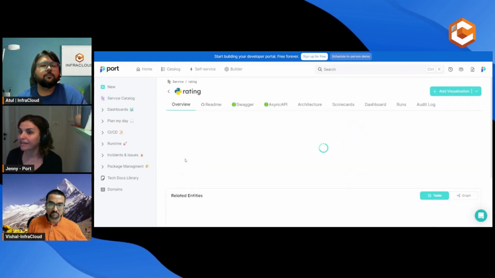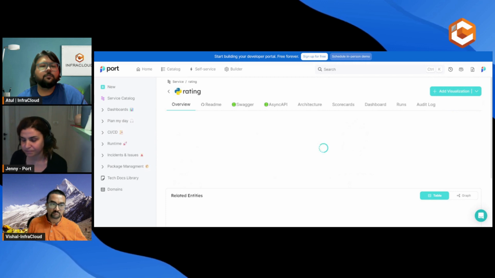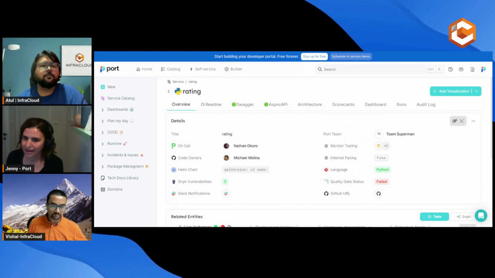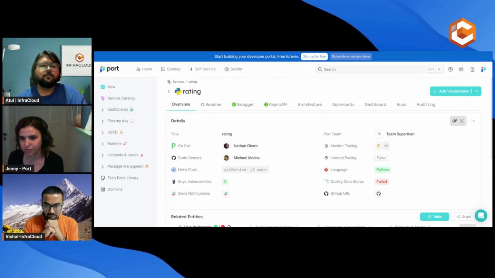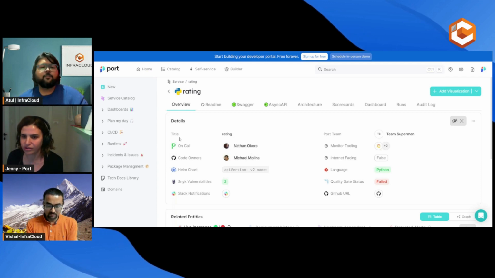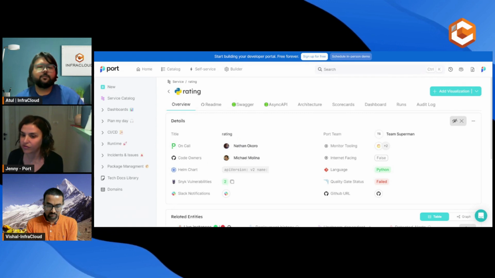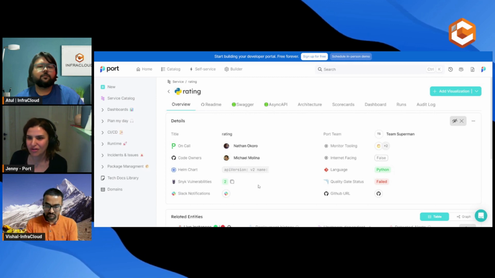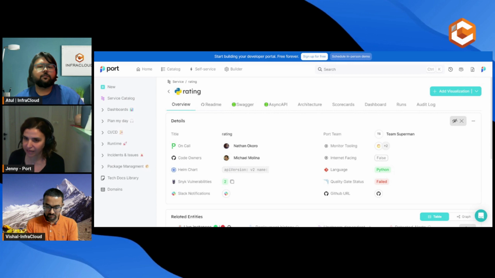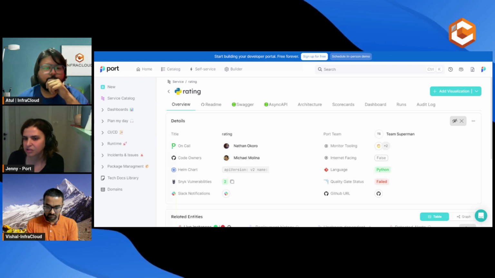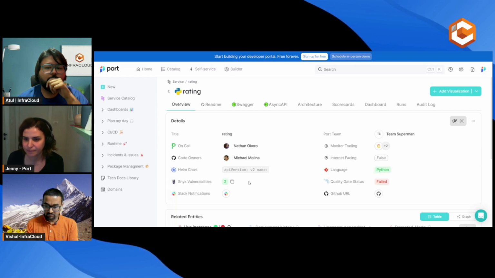And if I want to get even more information about that service, I can click on it. And here I'm getting much more. What I really like about what we have here is that we have static information, for example who the code owner is, but also dynamic information, like the on-call that will be taken directly from PagerDuty, and the number of vulnerabilities that I have on this service. We are hearing a lot from prospects and customers that they are managing their services today on a spreadsheet. And when you do it on a spreadsheet, yes, you can have all the static information, but all the dynamic information is just impossible to get in an Excel file.